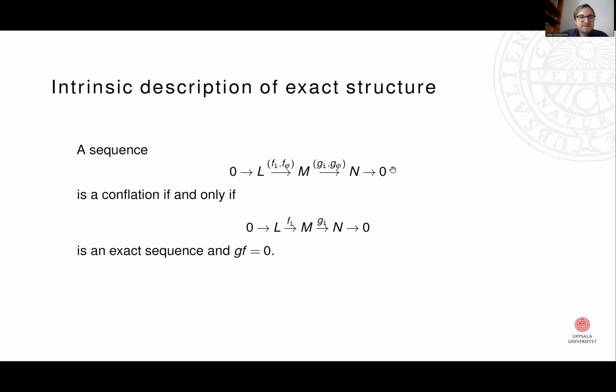Let me finish off this part by saying now you can also describe the exact structure intrinsically in terms of the Kleisli category in some way. So you have these maps in the Kleisli category, which you can describe as these tuples Fi, Fi, I running through the vertices of the quiver, and phi running through these diagonal arrows, these generators of the projective bimodule V bar. And then a sequence like this is actually a conflation if and only if you just look at the maps Fi and Gi,